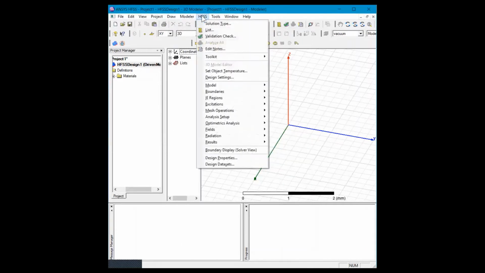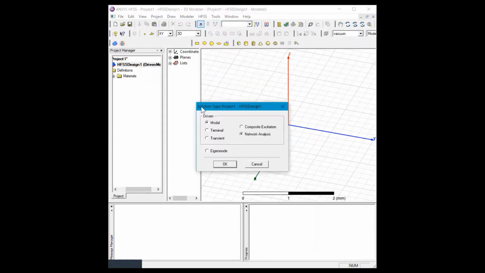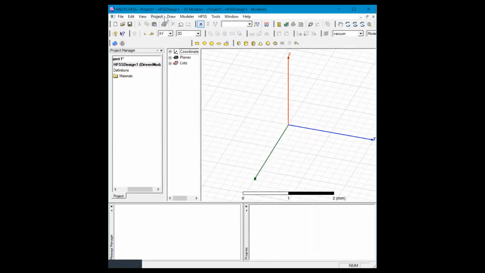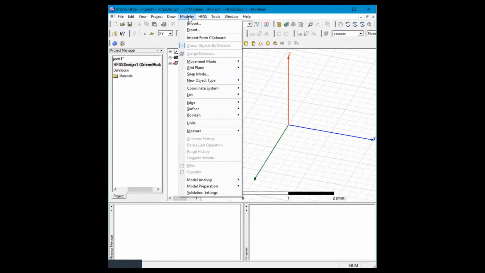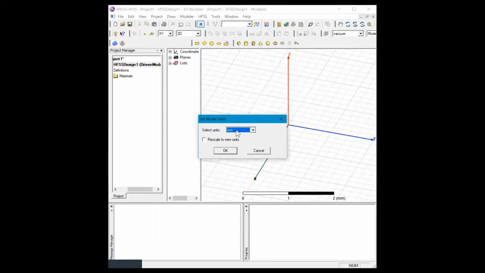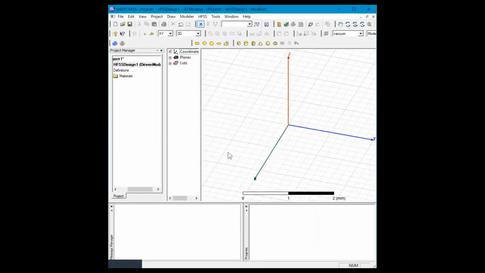Now in the HFSS solution setup, we will select the model option, then OK, and in the modeler units we will use the millimeter unit. Okay, now we have completed the initial settings, and now we will create our design.